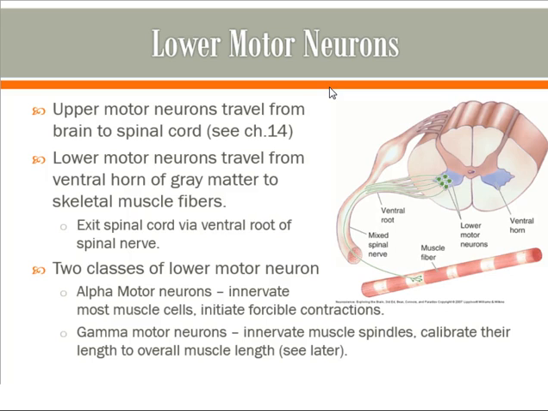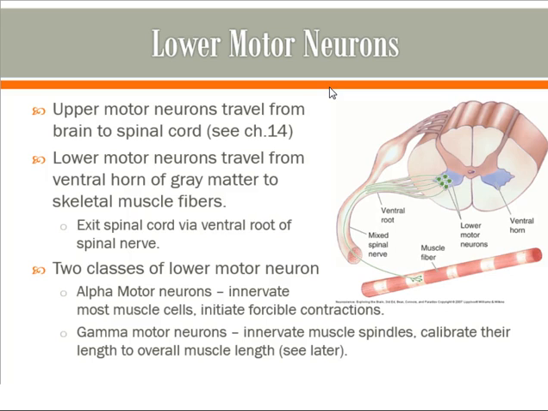We also have something called a gamma motor neuron, which we're going to see on the homework primarily. The gamma motor neurons are responsible for innervating muscle spindle organs, which are a proprioceptive organ found within the muscle itself. These are basically stretch or length sensors, is often how they're described. As you place additional load on a muscle, you start to stretch the muscle, causing it to increase in length. When that occurs, due to load being placed on it, that will cause these muscle spindle organs to start firing.